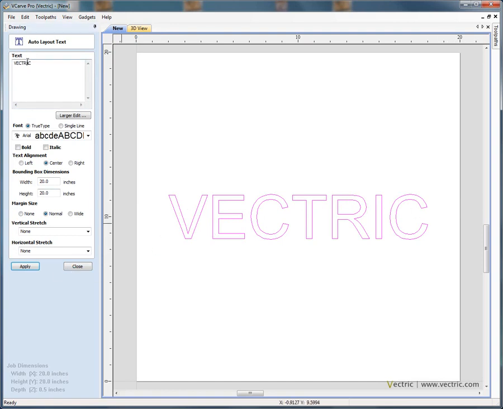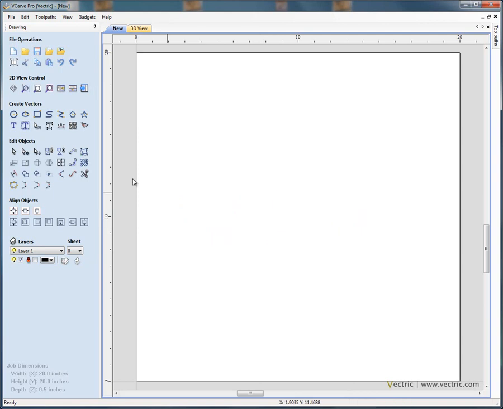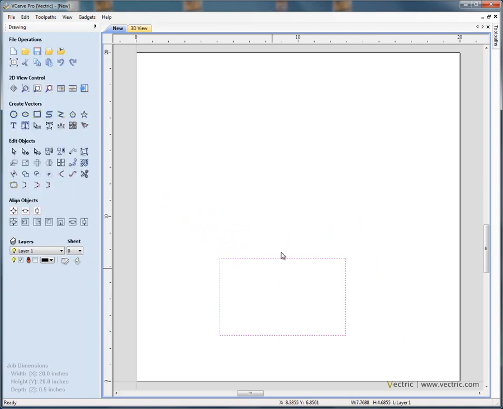Let's just copy that for a moment so we can reuse. If I can say Control C. Now, let's delete that for a moment. If we draw a rectangle, so let's say we've got a rectangle there, like so. That might be an area on a sign that is in the center of a sign or a plaque, and we want to engrave the text there. If we draw this rectangle, we can now say enter some text,